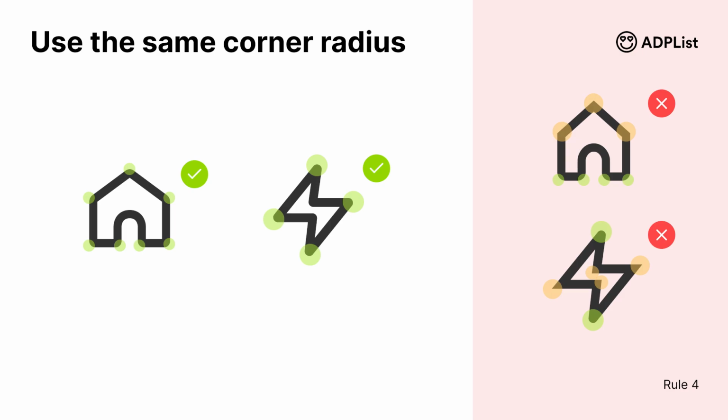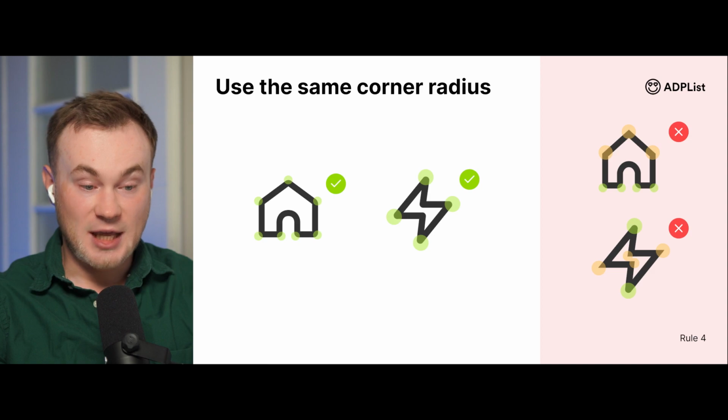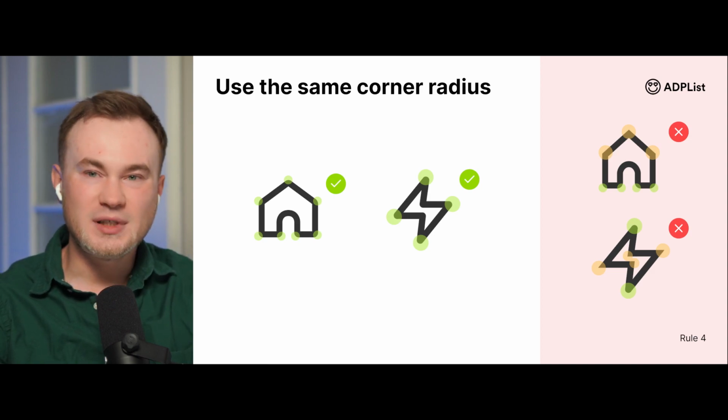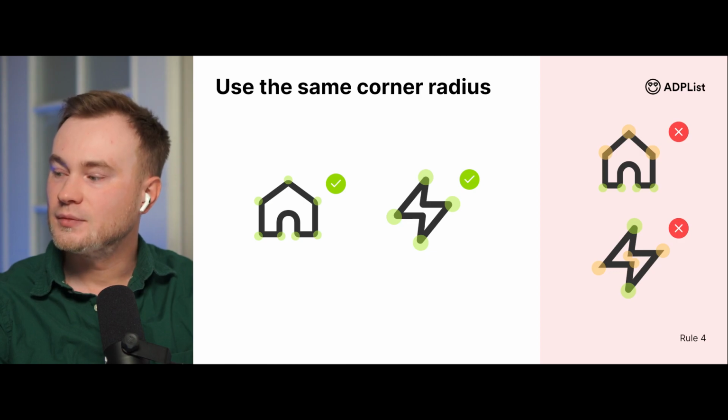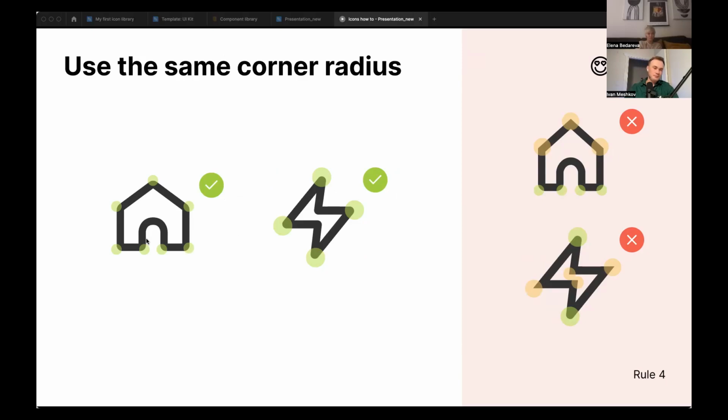Try to keep it the same everywhere. This is another part of the style of your icon set. This little house, outline corner radius. In this example, I guess it's 2. I don't remember when I created it, but yeah, I guess it's 2. And the same with these